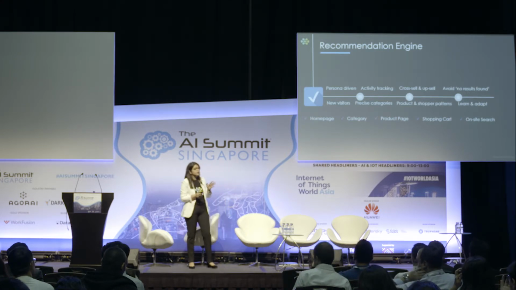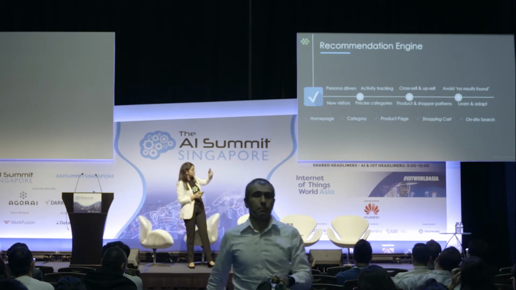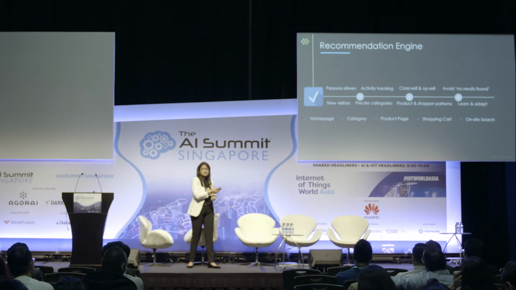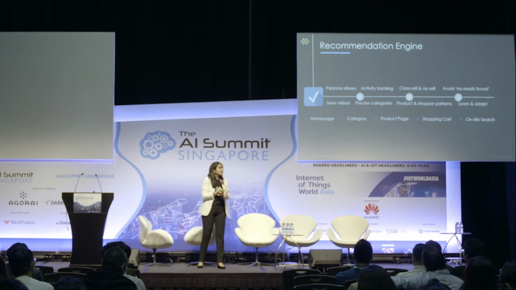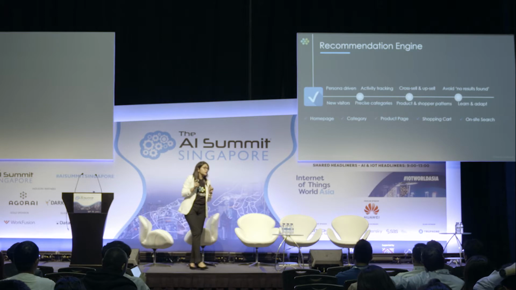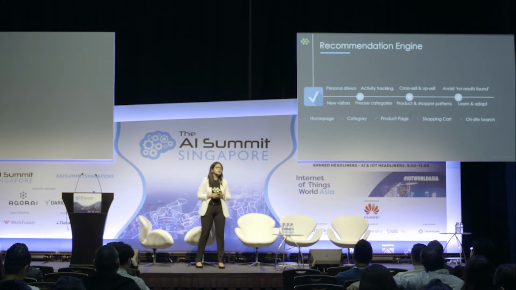And this is done for existing customers across homepage, product category, specific product page, shopping cart, on-site search. In on-site search, one thing that we try and avoid is a no results found scenario. And the other thing that is also given is a bundling of products to enable cross-sell and upsell opportunities. Along with all of this, there is also a dynamic pricing mechanism in place so as to enable customers to be given a particular product at the most optimal price at any given point in time.